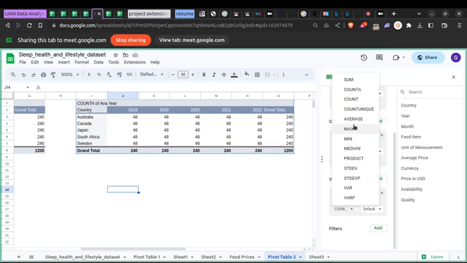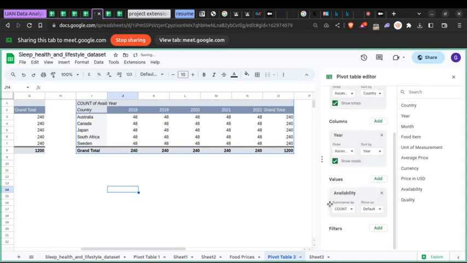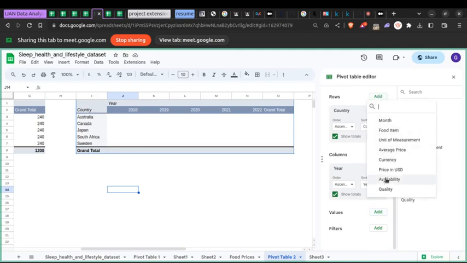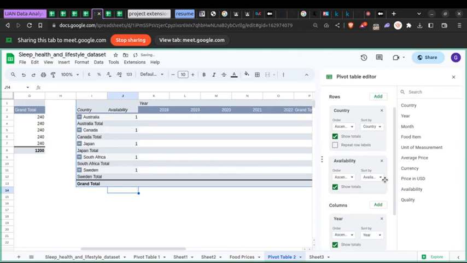What we want is the availability count average. So what we will do is take this and add it to the row. Actually, let me see, because the availability is also more of a